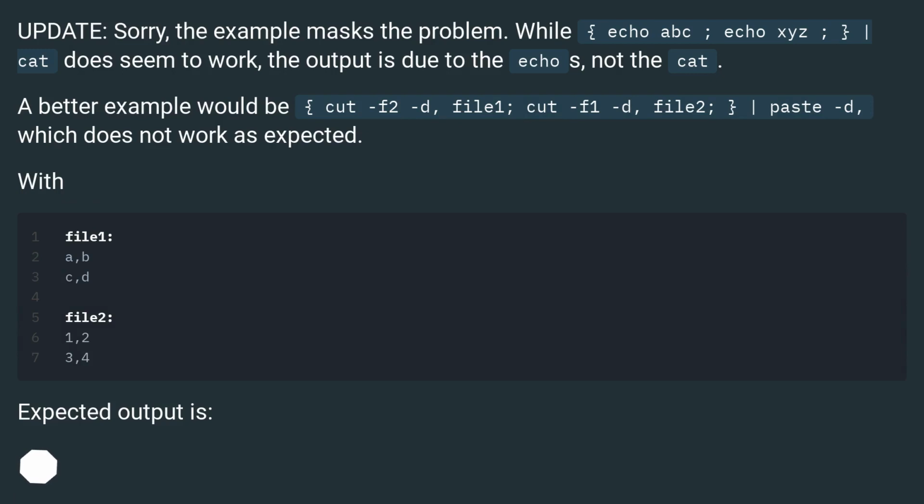Update. Sorry, the example masks the problem. While echo ABC, echo XYZ | cat does seem to work, the output is due to the echoes, not the cat. A better example would be cut -f2 -d, file1, cut -f1 -d, file2, piped to paste -d, which does not work as expected. With this input, the expected output is